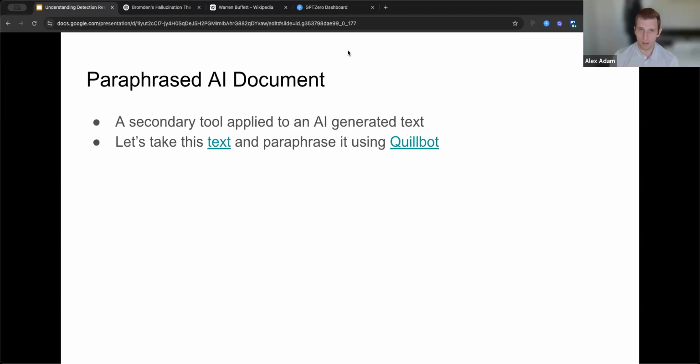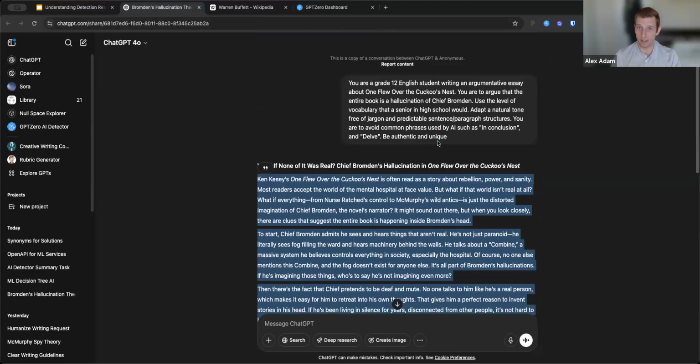Cool. And within this category of AI, we're also able to detect if a text has been paraphrased or bypassed. So there's this entire market of AI detection bypassing tools that many people like to use to say, okay, I've generated an essay with ChatGPT the same way that I generated it here. I'll copy it into some bypassing tool. It'll tweak it for me with the aim of bypassing a detector. So let's try this out.